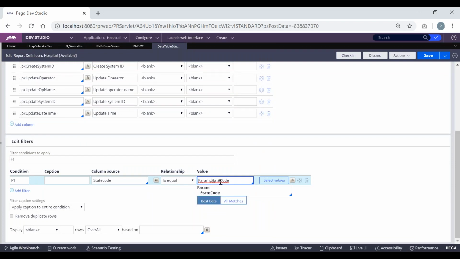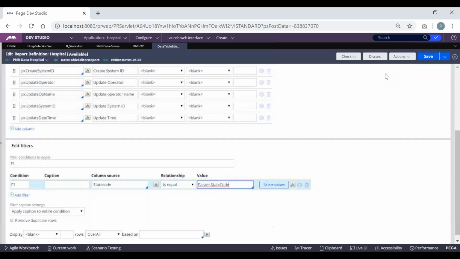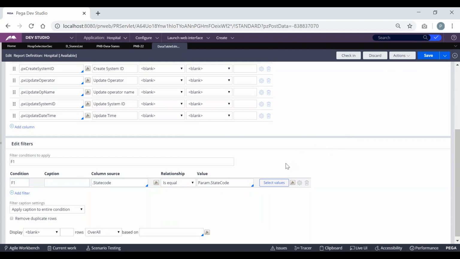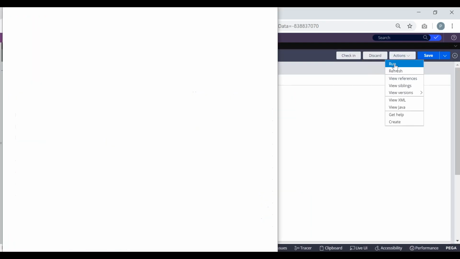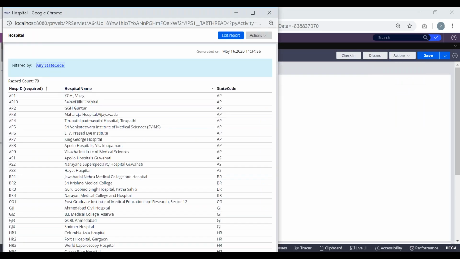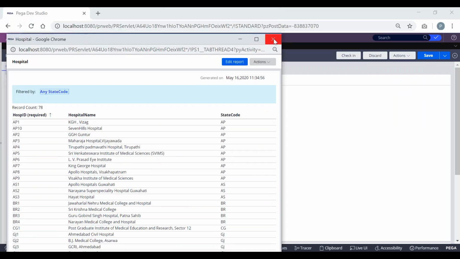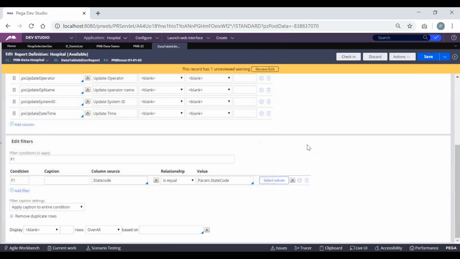If you are working with a work object, the page we are dealing with is pyWorkPage. Similarly, for all the parameters, one page will be there, that is param. It is case sensitive, it should be a capital P. You have to remember this. And if I just save this and try to run, it will be seeking some value here. By default, it is not filtered. It has to filter with some value.